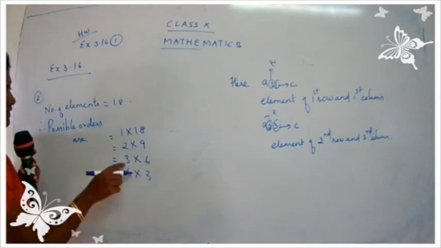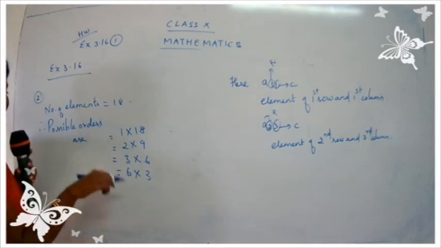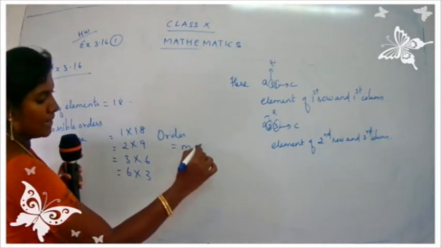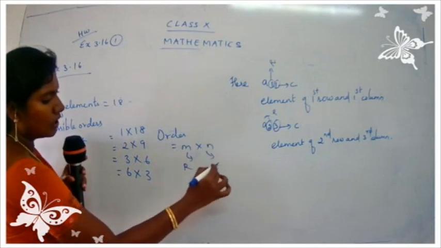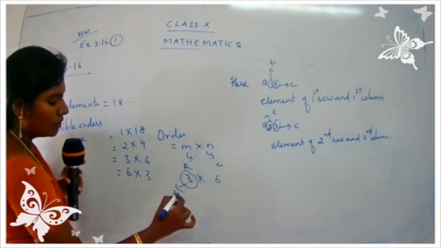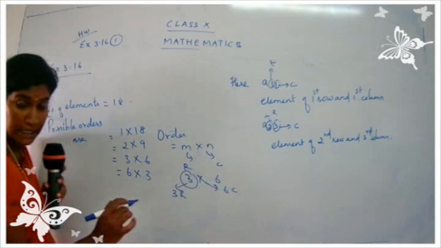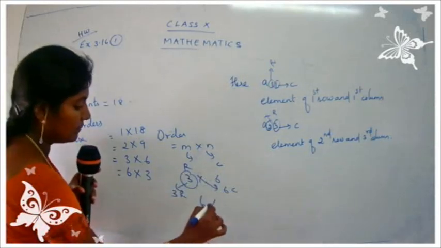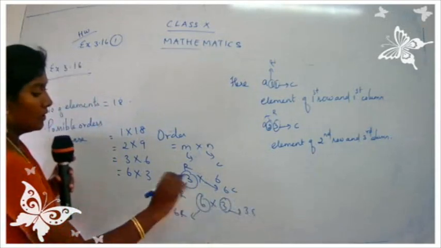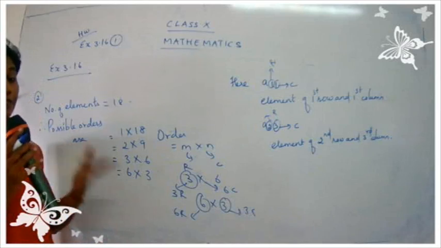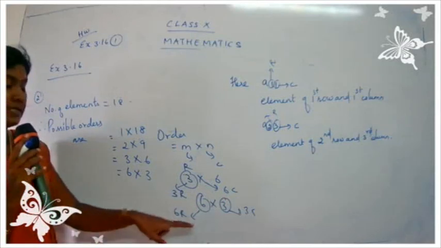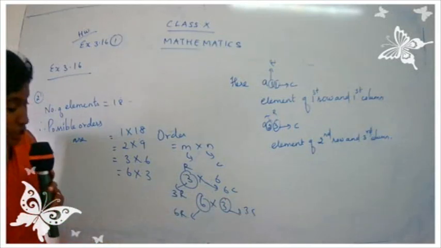You may ask, already 3 into 6 is done. Okay, so here we have to write down, because when I go for the order, you know that the order is taken as m cross n. This is row and this is column. Yes, children? So if you write 3 cross 6, it means 3 rows and 6 columns. Are you clear? And similarly, if I take 6 3, it means 6 rows and 3 columns. So both the numbers are totally different. They give you a different meaning. 3 6 means 3 rows, 6 columns. And 6 3 means 6 rows and 3 columns. Okay, children, so be careful.